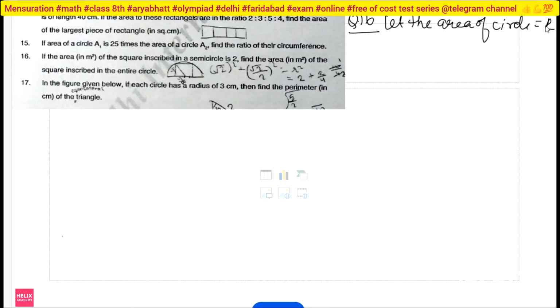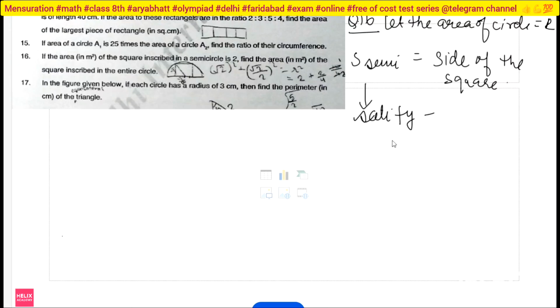Now the square is inscribed in the semicircle, with its base on the diameter, the base of the square is on the diameter. It has side S semi. S semi is the side of the square that is on the base of the semicircle, right? So S semi will satisfy one condition.